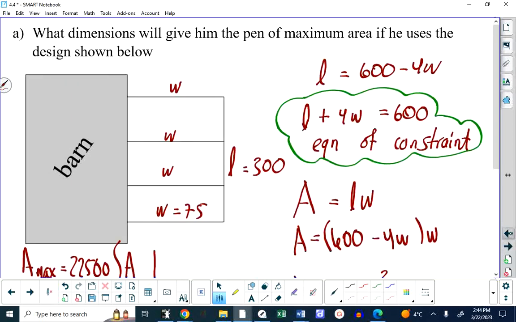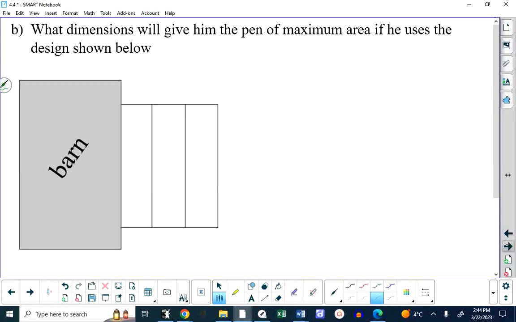You might look at this and argue that this is a bad design because maybe he only has one opening or one door to the barn and it's there. So you can't necessarily access all three at the same time. You're going to have to put doors somewhere to go from enclosure to enclosure. But you think, so is it going to change if I do it this way? It's the same idea, isn't it? But now what we have